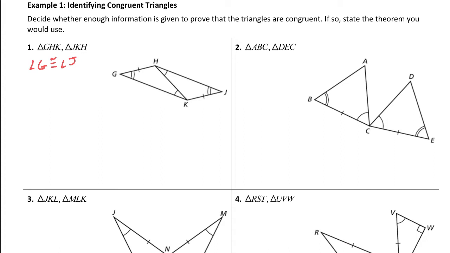Now to name angle H in that triangle on the right, I am going to name it angle JHK, to be specific. Angle JHK is congruent to angle GKH. So that's the angle with the single marking on it, okay? And then our corresponding sides, GH and JK, those are marked as congruent. So we can say, yes, they're congruent by